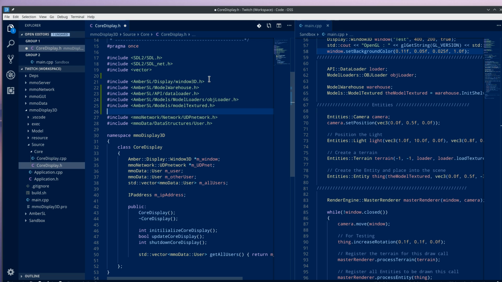And this is why I need to do more work on this, because it's got too many includes. I just really want to be able to hash include model warehouse. It'll do everything for me, but at this stage it's not going to. That's fine. So out of all of this lot, we are going to need